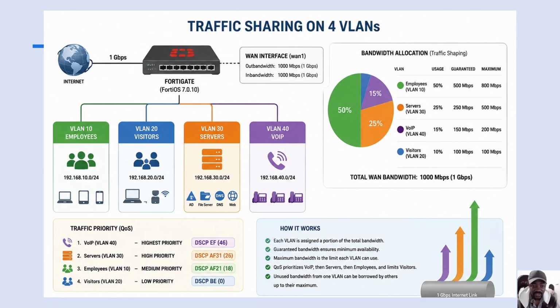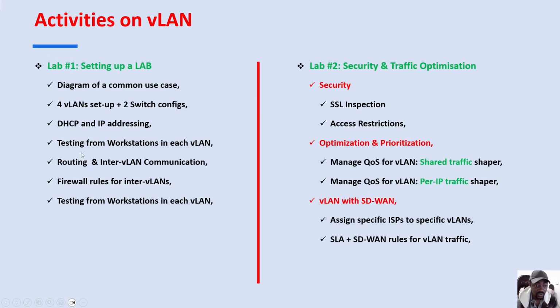So today in this video we are going to continue our series of videos on FortiGate VLANs. Today we are going to talk about traffic shaping or traffic sharing on the 4 VLANs that we created in the previous videos. So today we are on lab 2, security and traffic shaping or traffic optimization. We already did another video on the security part, SSL and access restriction. So today we'll be jumping on optimization and